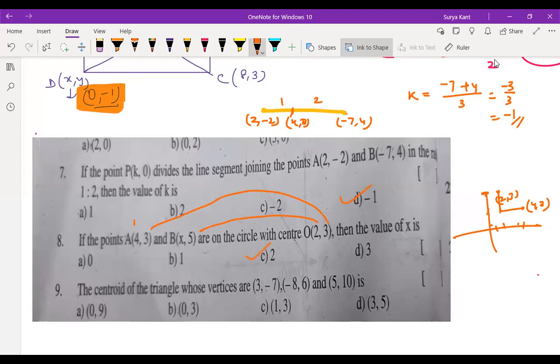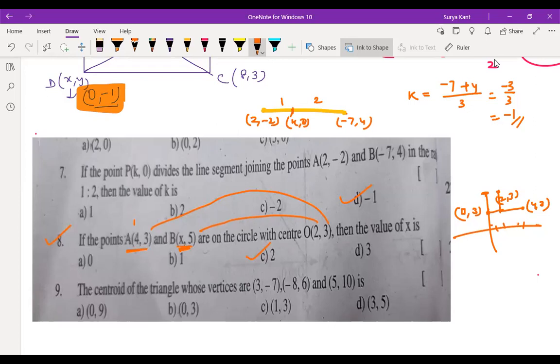Okay, here this is not the diameter. Remember, children, this is not the diameter. If a diameter is there, then for sure this is 0, 3 only. If it is a diameter, this point will be 0, 3. But since this is not a diameter, this is equidistant, so we are finding the 2, 3 over here. If this is the center and these both are the coordinates of a diameter, in that case your answer will be 0, 3.